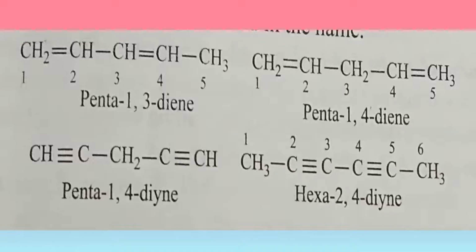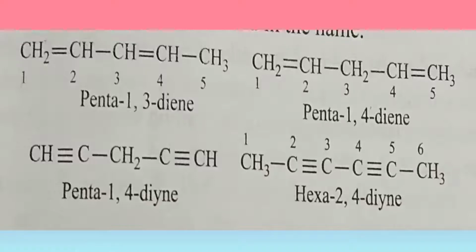Now coming to our third example, here it has two triple bonds present on the first and fifth carbon. So again this is a pent. All of these, if you see, have 5 carbon atoms present in the parent chain, and so the root word here is pent. Since it is present on the first and fourth carbon, the name here is penta-1,4-diyne, because the secondary suffix for triple bonds is "-yne", and for double bonds it's "-ene".